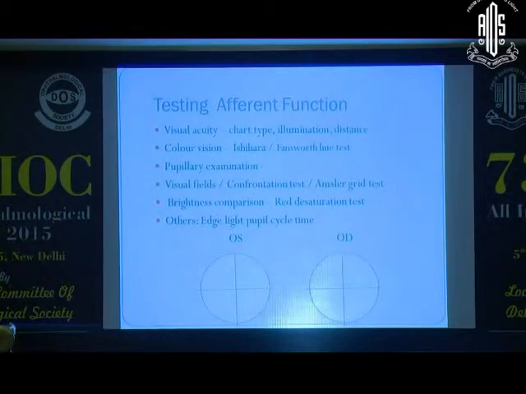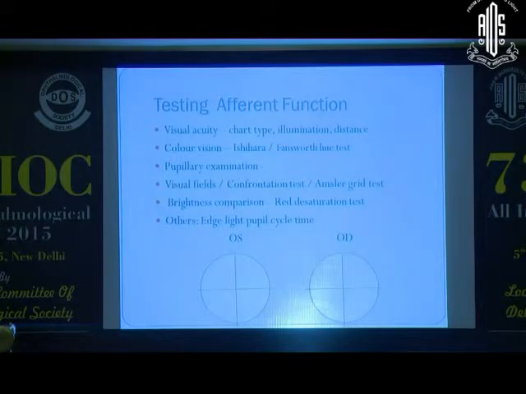I'm not an expert on edge light. Basically, if you have only one eye available, if the other eye is eviscerated, and theoretically you want to know how the pupil is behaving, you can't term it as RAPD because there is no other eye. One way of examining it is placing the patient on the slit lamp, with a vertical slit, the bright light of the slit lamp focused on the inferior edge of the pupil. Once the light goes in, the pupil will constrict. Now there is no light going in, the pupil will dilate. Again the light is going in, the pupil will constrict. So edge light is where you're throwing a light on the edge, and there is this movement of the pupil.